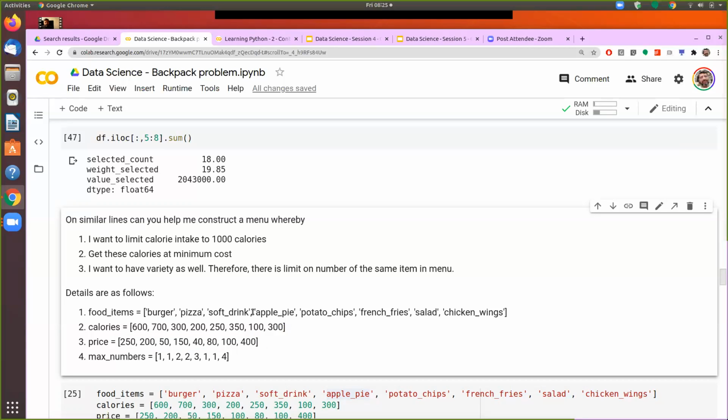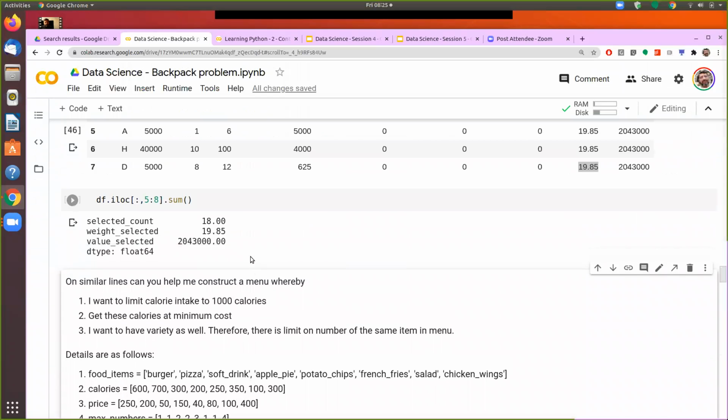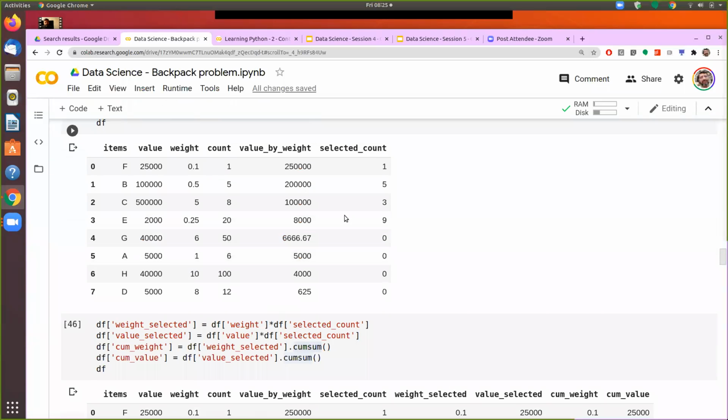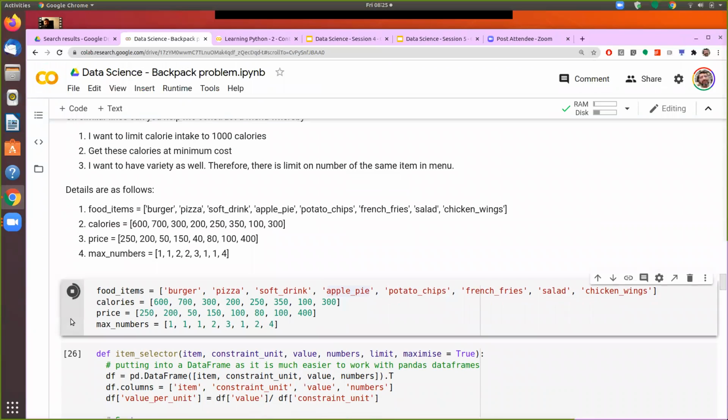So how do we actually do it? One way is that we could copy this code and just go on replacing it. The first step is that I initialize these. So I have the food items and I put that in the same format as we had done earlier. Earlier it was A, B, C, D, E. I just put the food item names as burger, pizza, soft drink. Then I put the calories value, price value, all this in the form of a list.